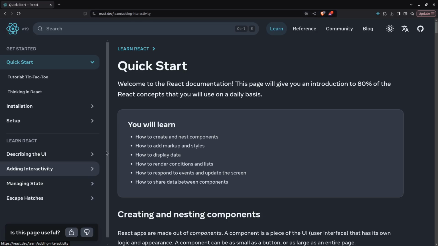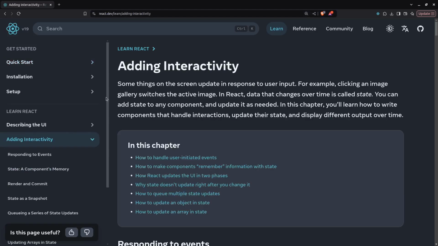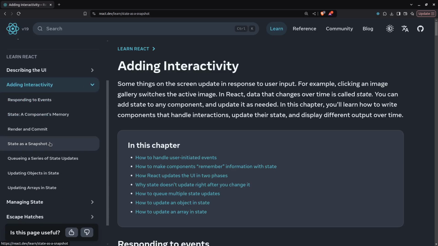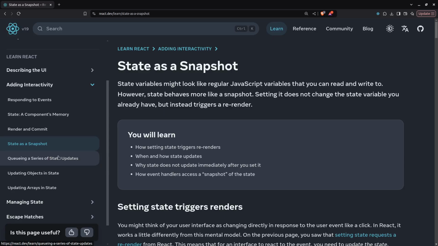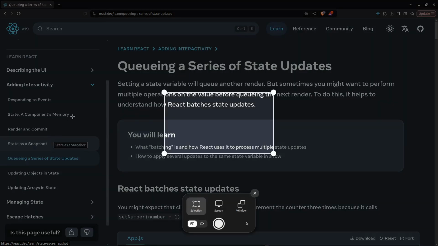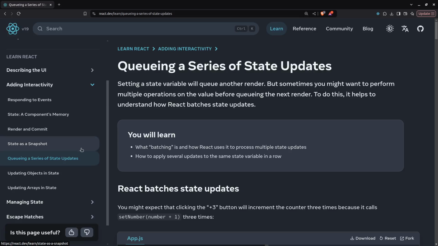Today we will learn about state management. Also, we reached state as a snapshot and queuing a series of state updates. We went through state as a snapshot last day, and today we'll go to queuing a series of state updates. So I wanna really